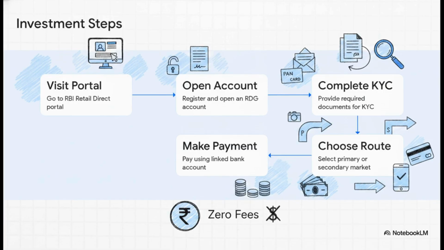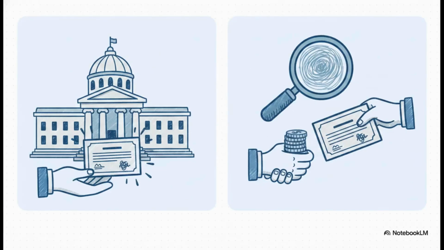Step 3 is knocking out your KYC, which the portal handles really smoothly through CKYC or Video KYC. Step 4, you choose your investment route. And Step 5, you make your payment via that linked bank account. And honestly, the best part? The RBI provides this account opening and maintenance facility with absolutely zero fees. None. It's literally a direct, free pipeline to government debt. When you hit Step 4 and choose your investment route, you're going to see two options on the platform. The primary market is where you participate in non-competitive bidding for brand new securities, buying them directly as the government issues them. You don't even have to stress about specifying the yield or price. The allotment is handled super efficiently via the auction process.